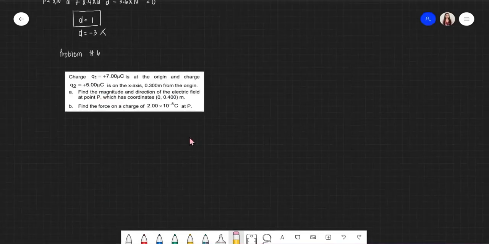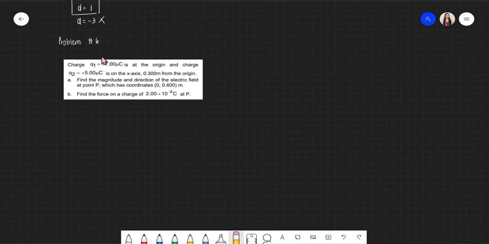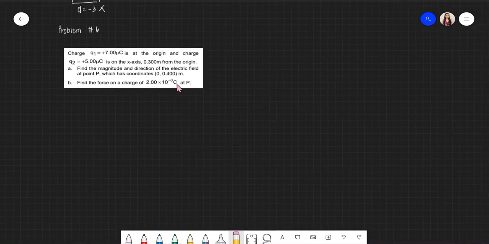Okay, problem number 6. Charge Q1, 7 microcoulombs, is at the origin, and charge Q2 is 5 microcoulombs on the x-axis, 3 meters from the origin. So this is the positive x-axis. Find the magnitude and direction of the electric field at point P, which has coordinates 0.4 meters. And we are to find the force on a charge 2 times 10 to the negative 8 coulombs at point